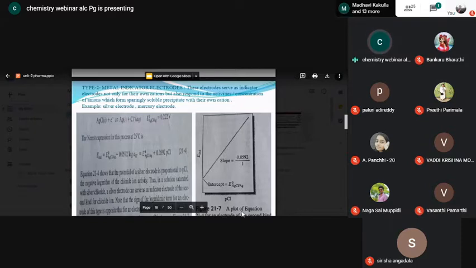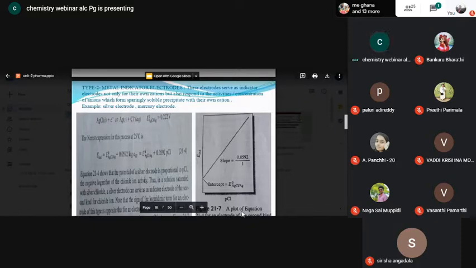Dual behaviors. Initially, it gave a potential directly proportional to the concentration of silver ions, but as the titration went on, what happened? The concentration of silver ions became reduced, and finally became equal to 0. Whereas the concentration of chloride ions, which initially was 0, at the end of the titration, what happened? The chloride ions concentration is increased, due to which what happens? The electrode comes under the influence of chloride ions, but not under the influence of silver ions. As a result, the electrode develops potential equivalent to the concentration of chloride ions, but not to the concentration of the silver ions.